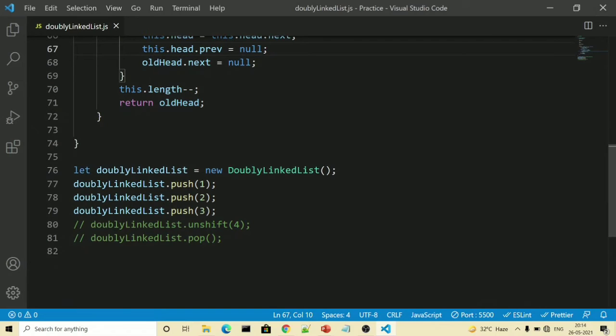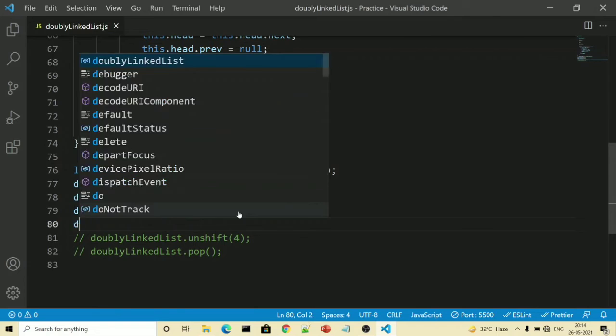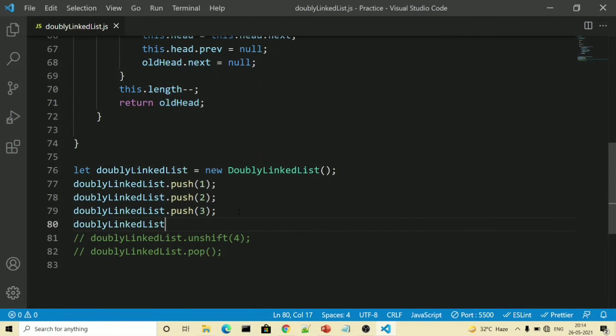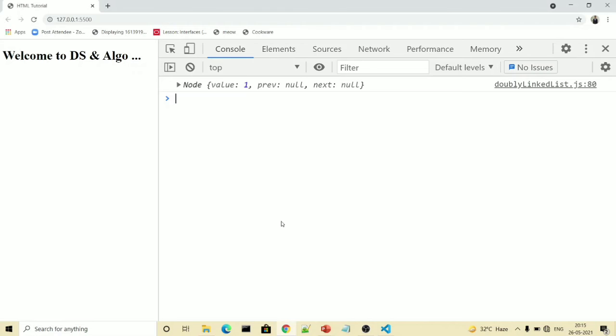We already have 3 items, 1, 2 and 3. Just write doublyLinkedList.shift. Inside that, nothing will be passed, and to see things on my console window, I will wrap up this thing inside console.log. Let's go to the browser now.